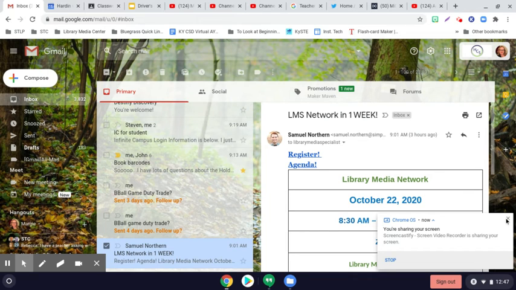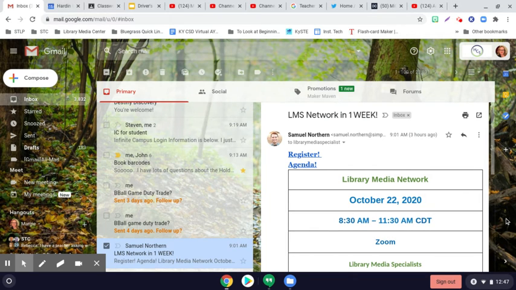Being able to add your emails to a task can be very beneficial in that you can make a to-do list and then have your email linked right there instead of having to search for it. Because often what happens is when I'm trying to do something, I'm going over here and having to type in to search for something, or I'm putting a star here and having to click for all of my starred items, but I still have to search through all of my starred items to find what I need right then. So, a great way to do this instead of doing all the searching is just to select an email